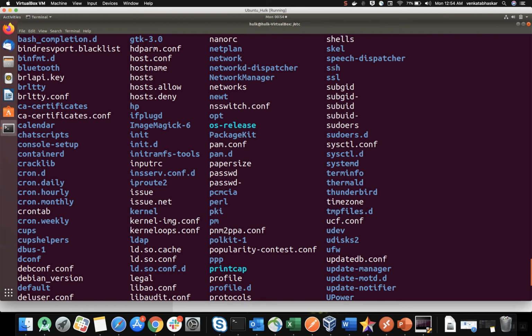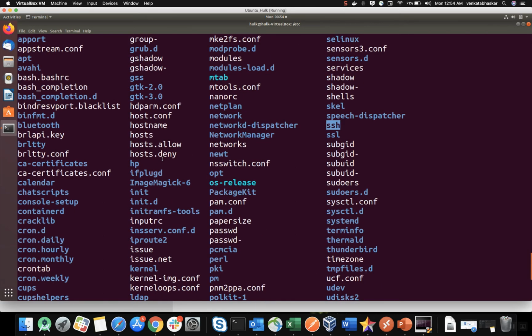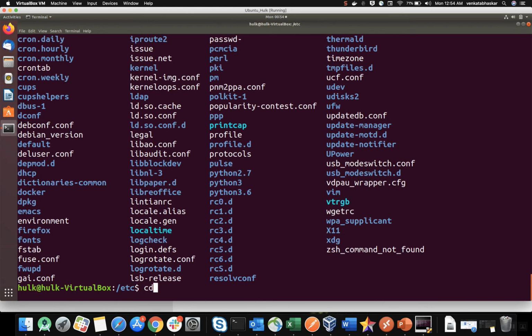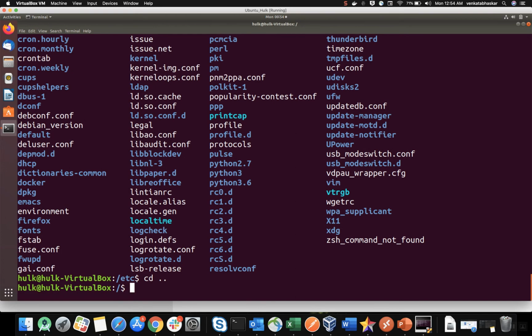See, the ssh command and shell command are all super user only access. And if you want to install any software or packages, like some git software, some root permission is required, then we can use sudo apt-get install. See, that apt package is available here, only the root user can access this one.